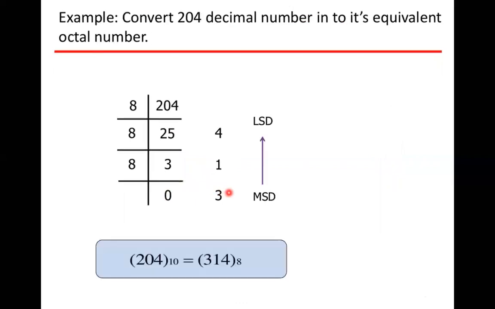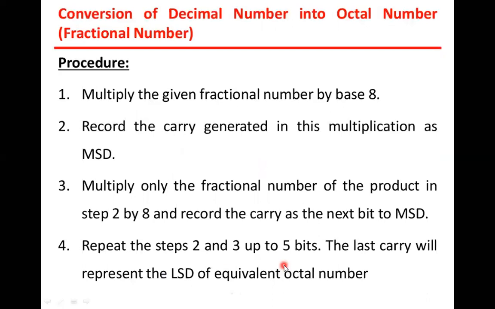So how is the collection of the answer done? From lower to upper. So what is the answer for the decimal number 204? It is 314 with a base of 8. So this is not a decimal. Please, if you don't put a base of 2, 10, 8, or 16, you will be messed up. So to identify it, to represent that it is an octal number system, the base should be very clearly written. So 204 base 10 is converted into the octal number 314. If you have a fraction